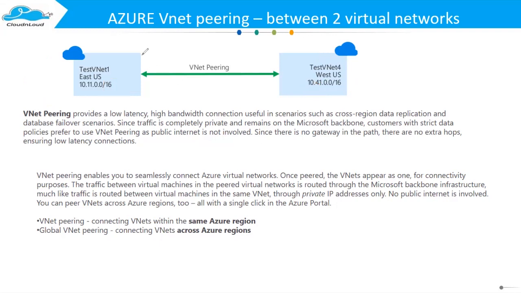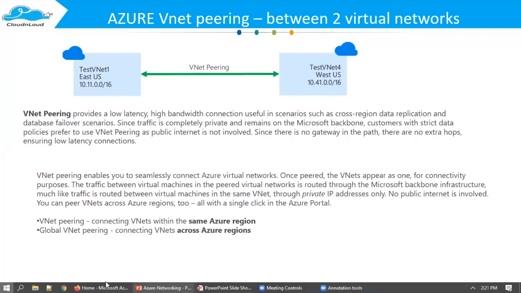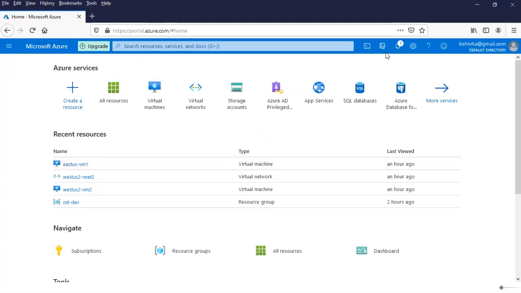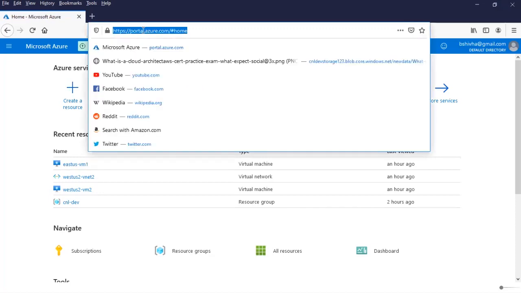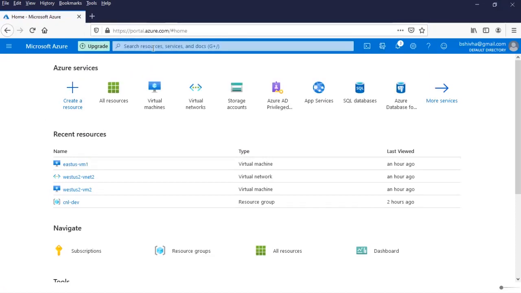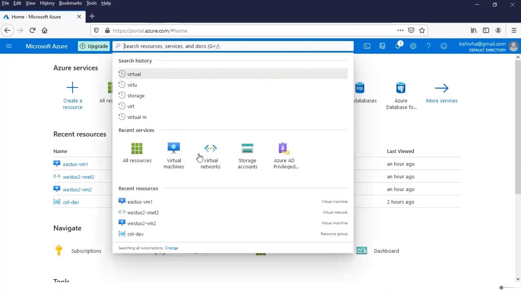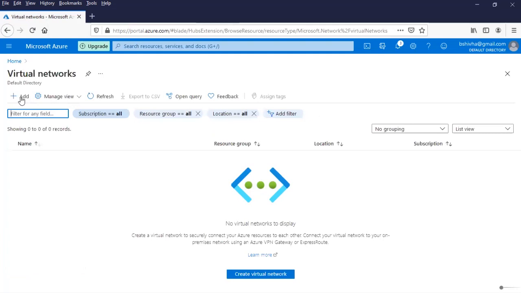Let's go with the implementation now. I'm going to portal.azure.com. First thing is we need to go here, virtual networks. The idea here, let me just draw the diagram.